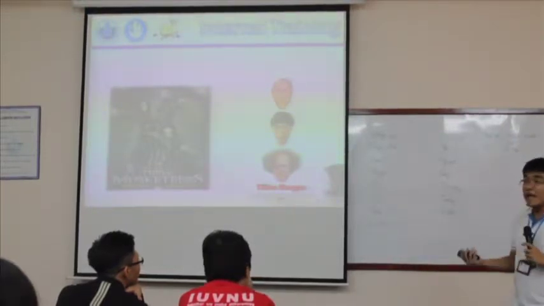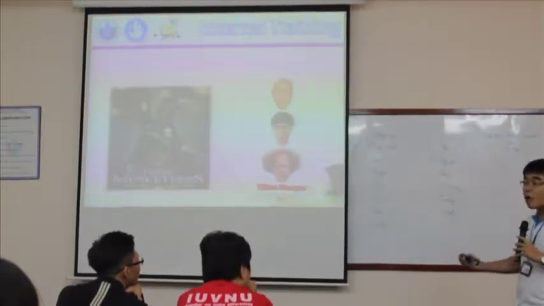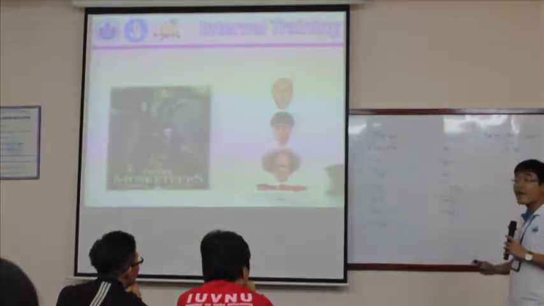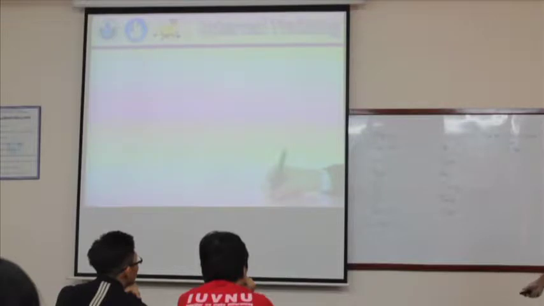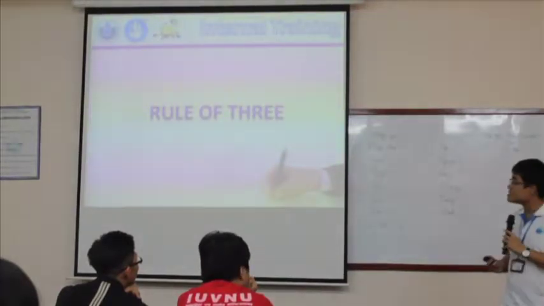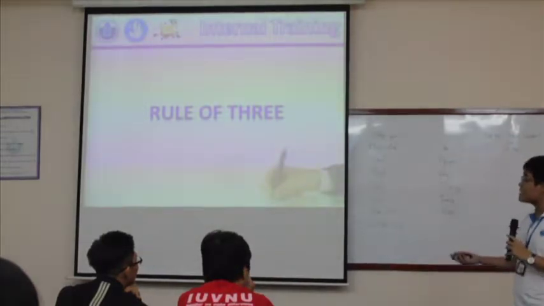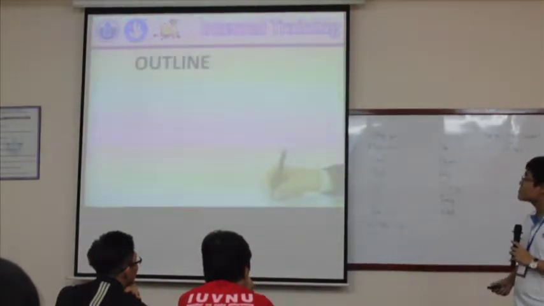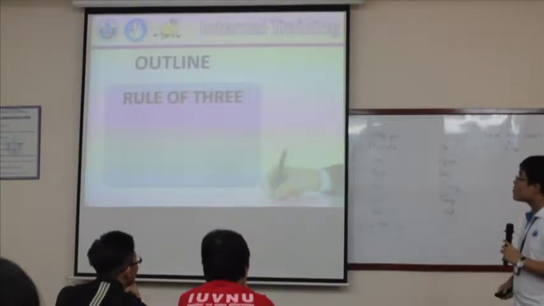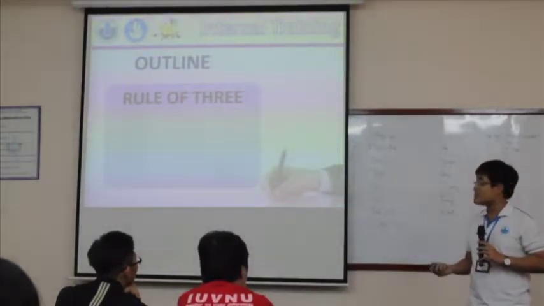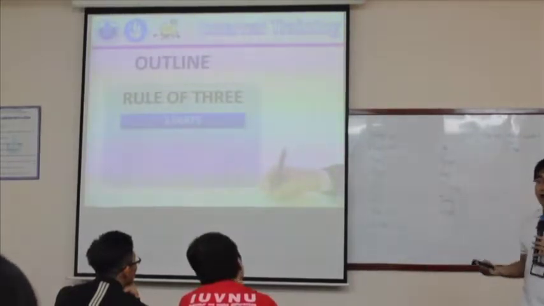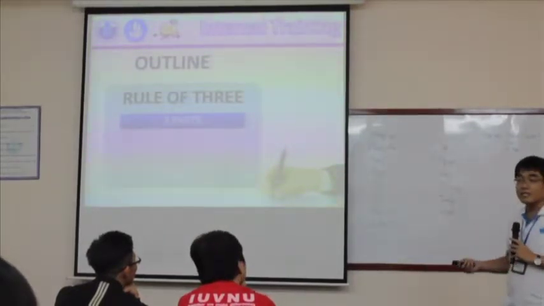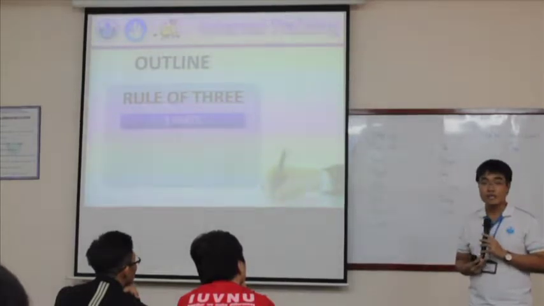So, today I'm going to show you something even more extraordinary. In writing, there also exists a rule called the rule of 3. This is kind of new to you, right? So now I'm going to present what it's about. In the rule of 3, we have 4 things related to this rule. First, as you all know, every essay contains 3 parts. First, the introduction, then the body, and finally the conclusion.